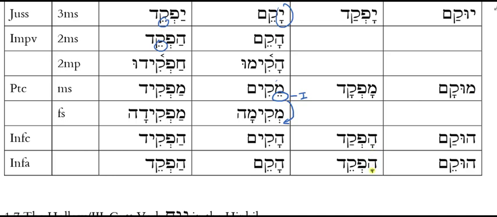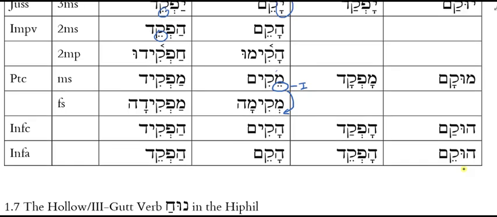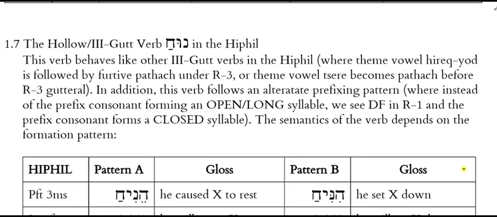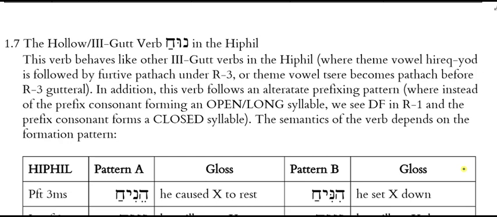The infinitive construct and absolute is hofkad and hofkade. Notice here it's who come and who came. Okay? Same alternation in the theme vowel between the construct and the absolute infinitive, but it's who versus hof. Okay? All right. Here is the last thing to say about the chapter, and that is that there are some